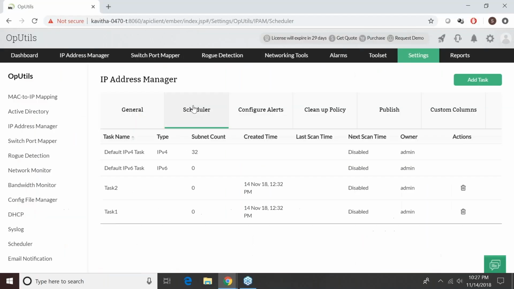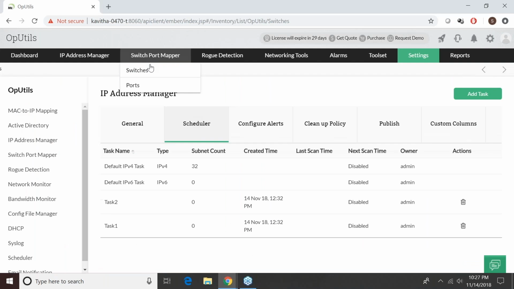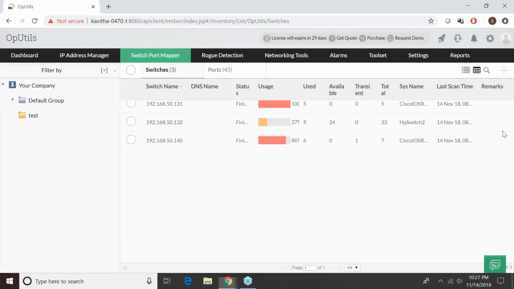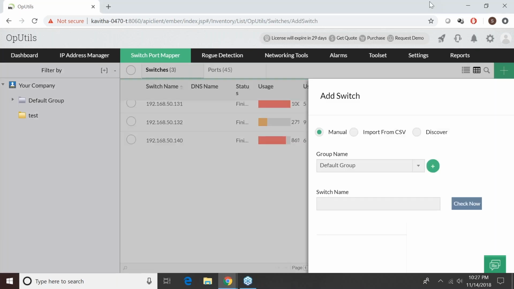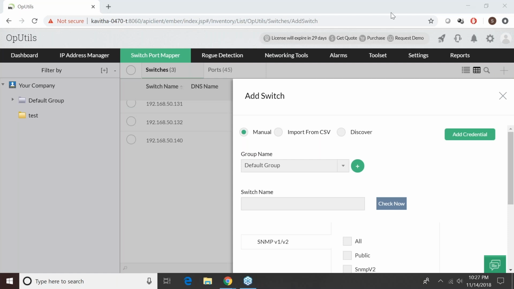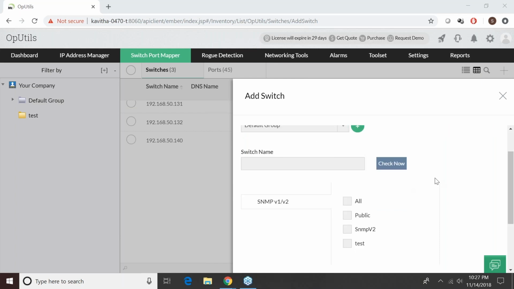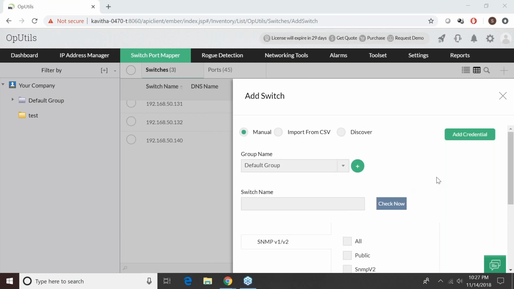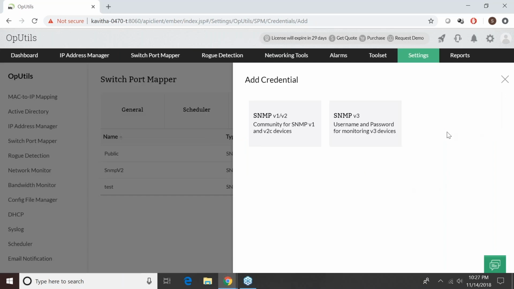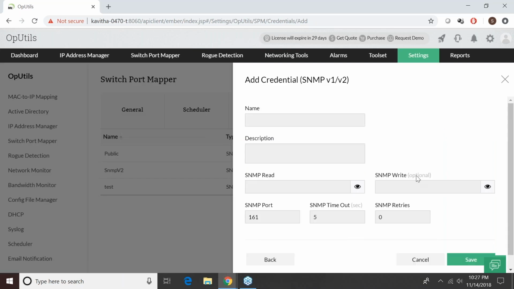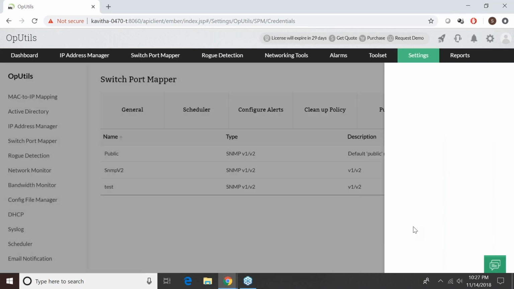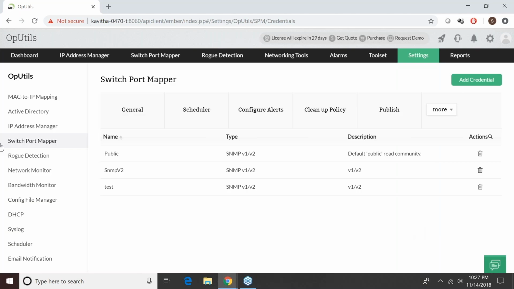Just go to Switchport Mapper and Switches. There you have the same plus sign. Click on the plus sign, and you can add these switches using SNMP. We support all SNMP versions: SNMP v1, v2, as well as v3. So you can add the credentials here. Whichever SNMP version has been configured on the device, v1 or v2, you can create the credentials here and then go to Switchport Mapper